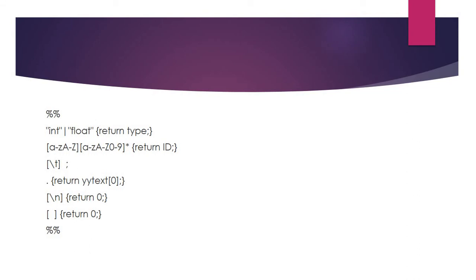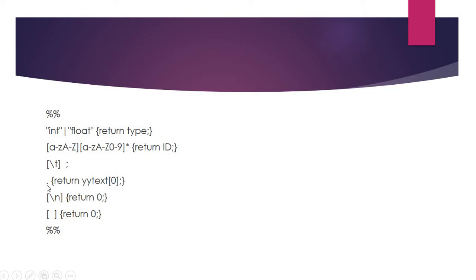As part of the Lex program, we have to define the rules section also. Here all the patterns you want to define, we define here. In the grammar, we have seen that int or float data types have to be recognized. So if int or float is in your input, we return the data type token, here used as type. And if it is a variable name beginning with an alphabet followed by alphabet, digit or underscore, we return the token identifier. Then if it is a tab or space, we do nothing.